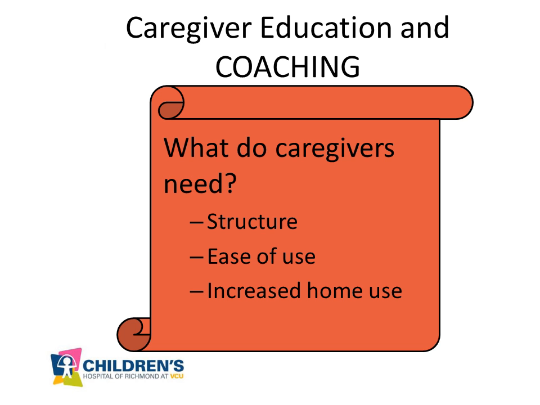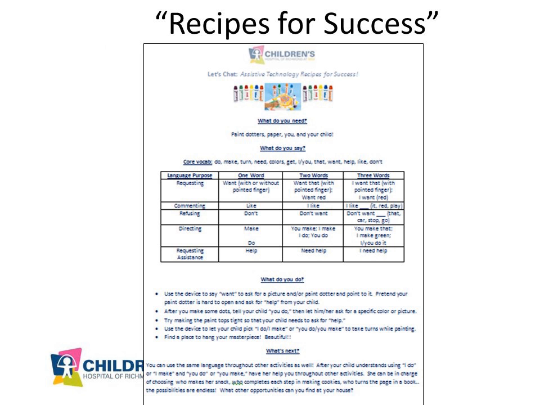So one of these things is our recipes for success, and these are just recipes for fun, common activities, many of which families probably already have laying around the house, like an inflatable ball, a doll, a puzzle, and the recipes lay out the specific words to work on during the activity and how to work on them. So we actually provide a step-by-step instruction and script for modeling the language, for setting up the environment, for taking turns using the AAC system. And it lists out which words you can use for different functions of communication. So what do you say if you want to request something? What do you say if you need to ask for help or if you want to tell someone what to do?